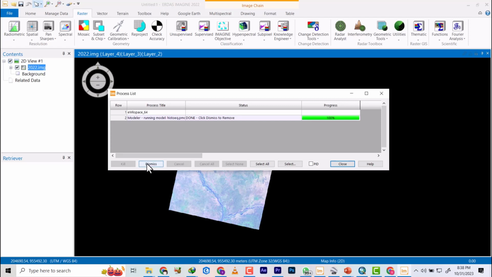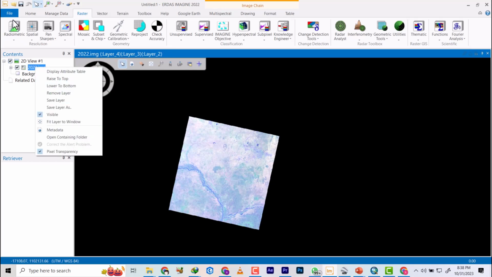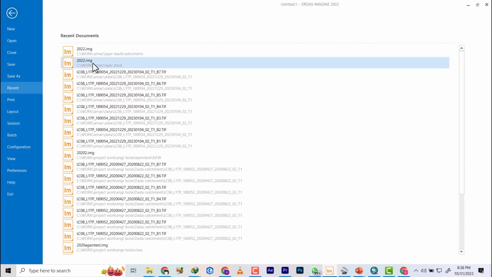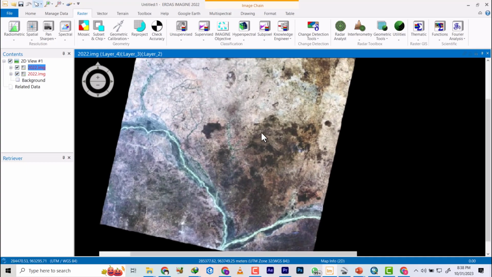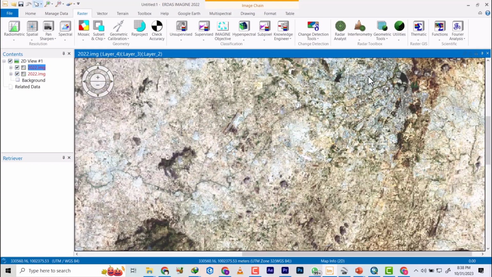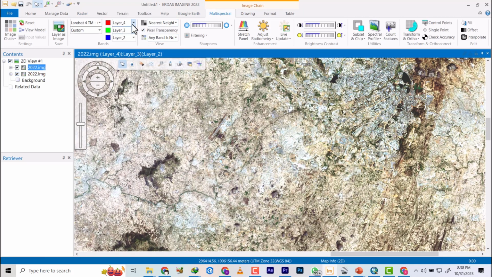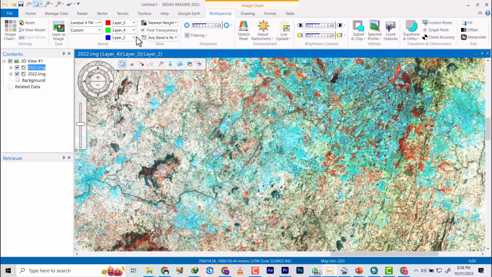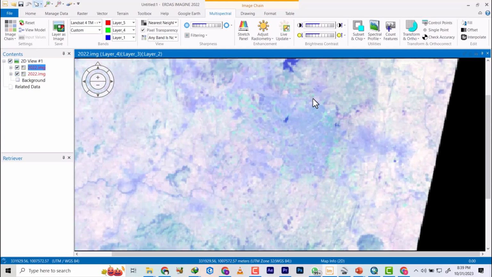So this also has finished, so you click dismiss and you click close. So let's remove this and bring in, or let's basically bring the other one. So go to file and then you still bring in the 2022. So you'll see the difference now. So I'm going to go to multispectra, that's where you change their bands. So let me use band 5, 4 and 1. 5, 4, 1. Yeah, so you'll see that there's